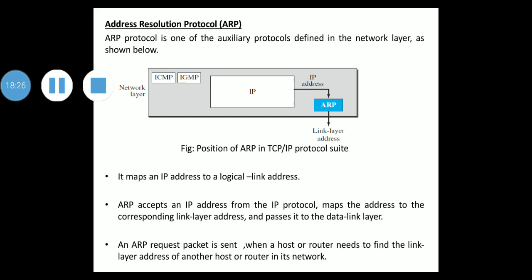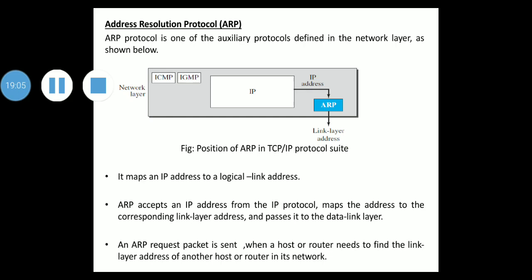Next we'll discuss Address Resolution Protocol, ARP. Whenever a node has an IP datagram to send to another node in a link, it has the IP address of the receiving node. The source host knows the IP address of the default router. Then each router except the last one in the path gets the IP address of the next router by using its forwarding table.